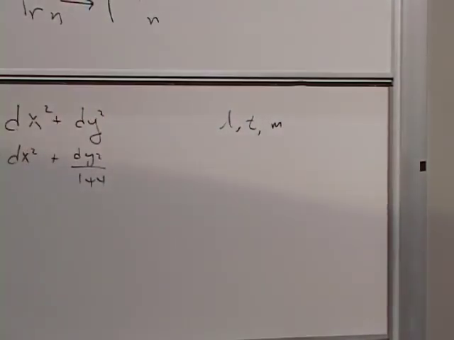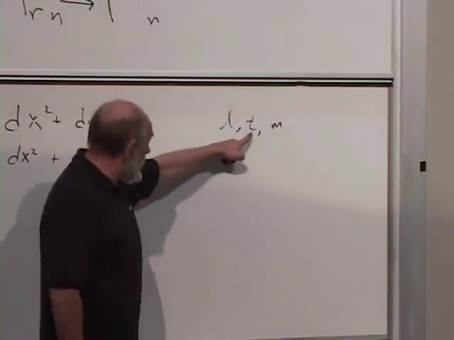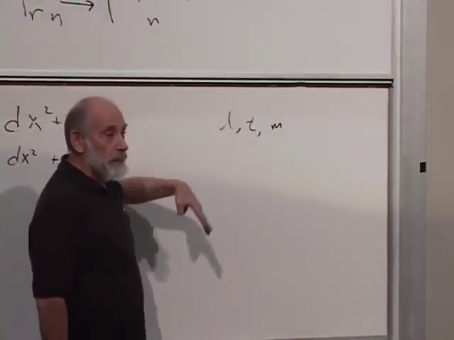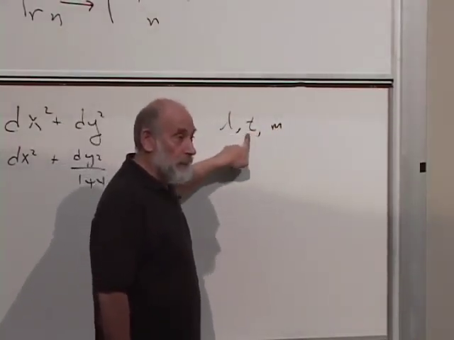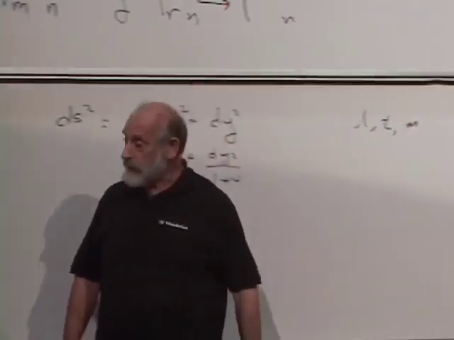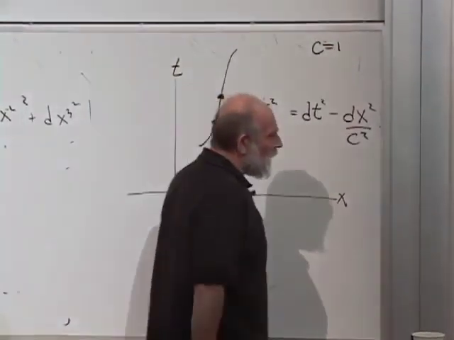Now, assuming the speed of light is equal to 1, it eliminates one of these. Setting Planck's constant equal to 1 will allow you to write masses in the same units as you use for length and time. All right, but we're not going there today. We're not going to quantum mechanics today. Today, we're just going to set c equal to 1. So,